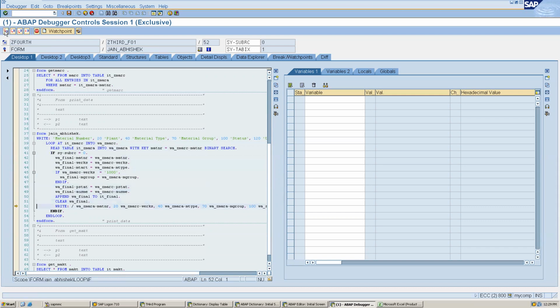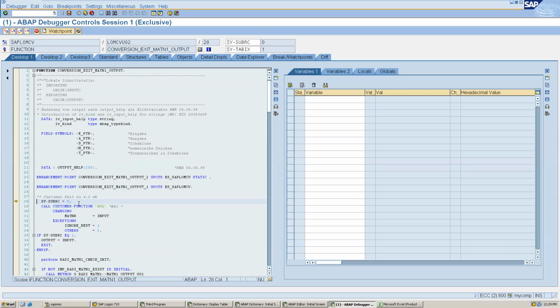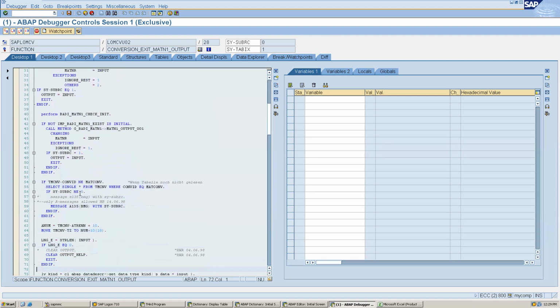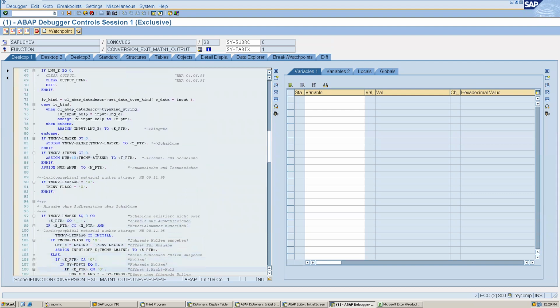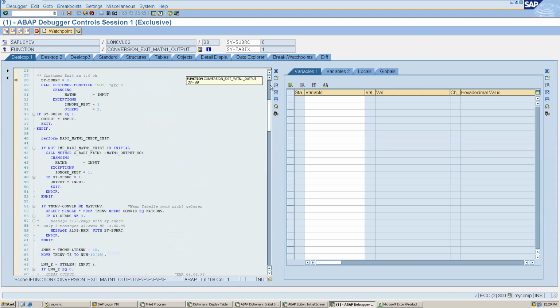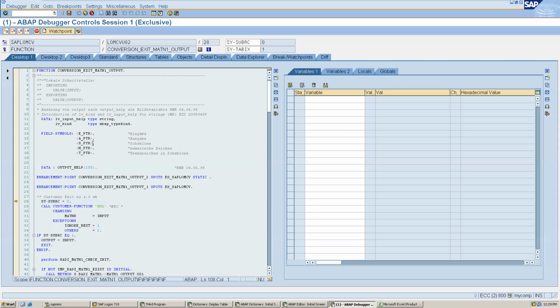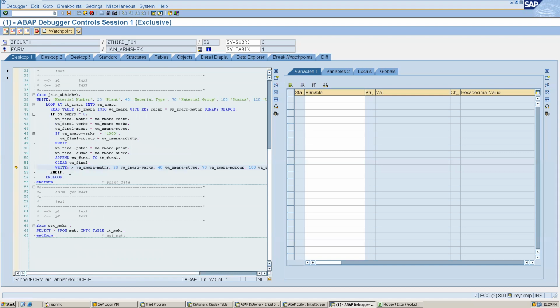For example, here in case of write, write is a predefined function of SAP. If I press F5 here, see, it has gone inside the write statement function. Are you getting me? So here it got inside write. But I do not want to debug this standard, because I know this is an SAP written program and I want to return out of this. So if I have to return from anything, we can press F7.